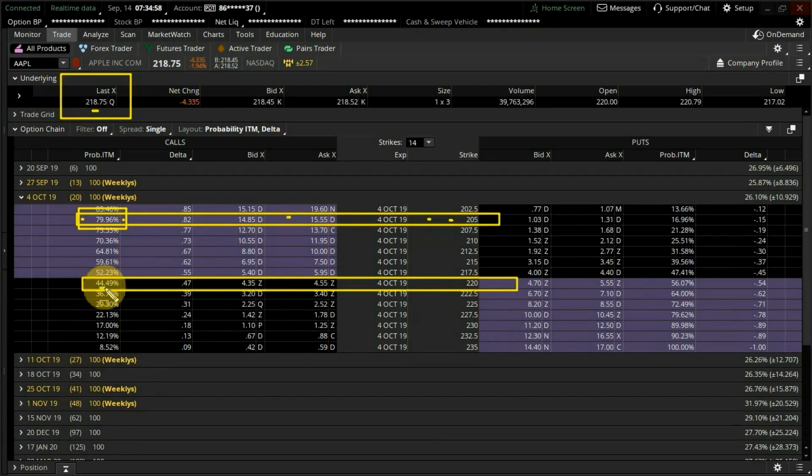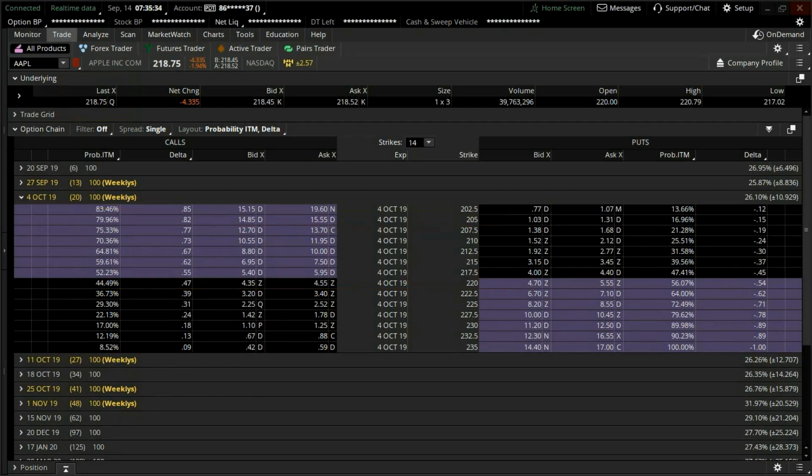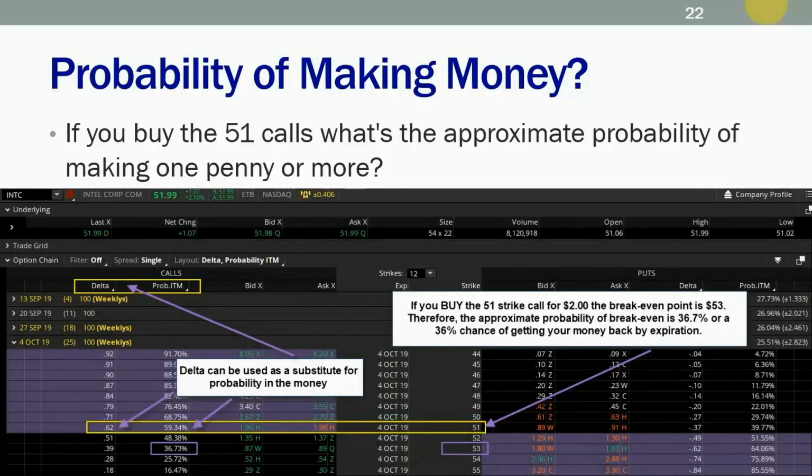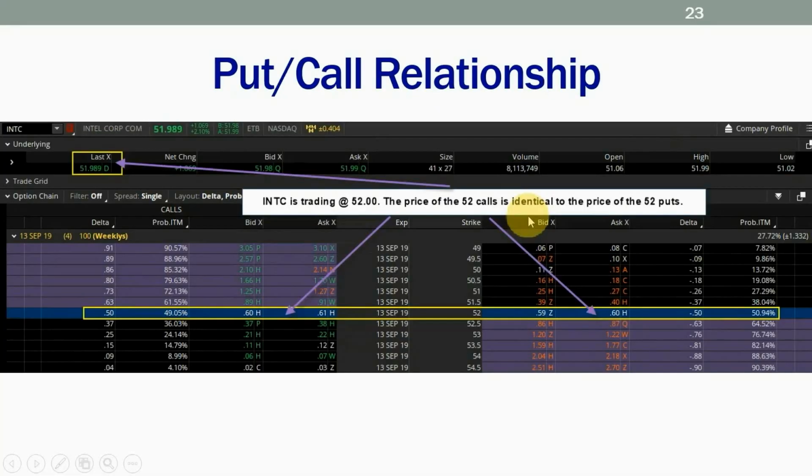220. So what's my real probability in the trade? I have about a 45% chance of making 1 penny or more. Everybody got that? Because I can go through example after example. You cannot show me an example. It's impossible in options that buying a single option has a greater than 50% probability of making 1 penny or more. And if you do find it, you're missing something. There's probably a dividend or something payable. That's all I'm saying.